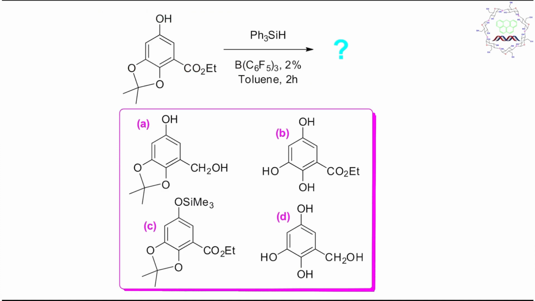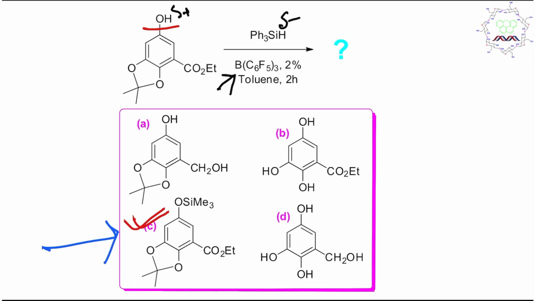So what is the answer to today's question? This triphenylsilane reaction with this ultimately produces silyl ether formation. So it's this option. Now this problem is a little easy. If you understand that this is a Lewis acid, this is delta minus hydride, this is delta plus, they will react together, hydrogen gas will be produced, and this silicon-oxygen bond formation will occur. Only one option I have given has this. So if you know the chemistry, in less than 30 seconds using this logic you can come to the right